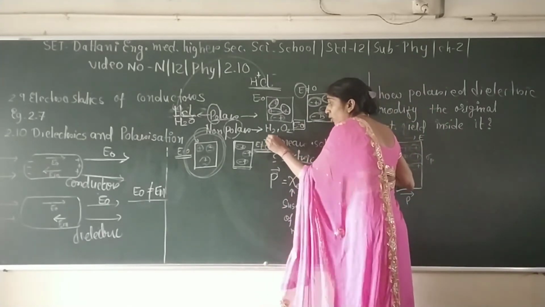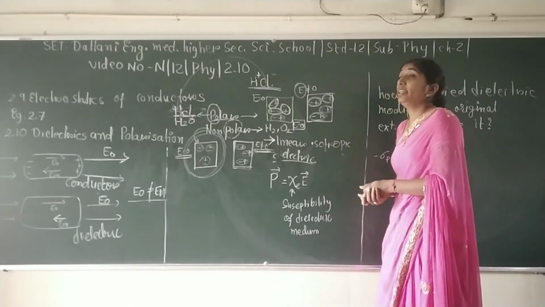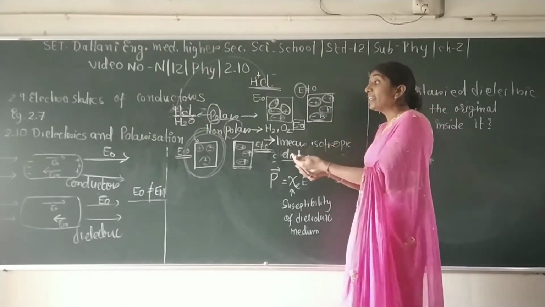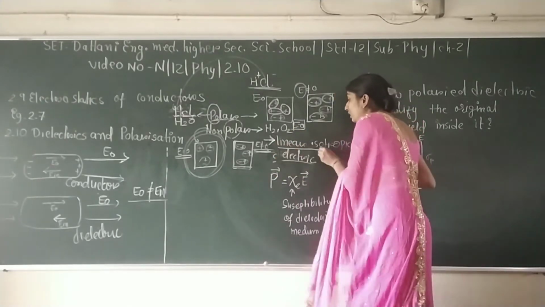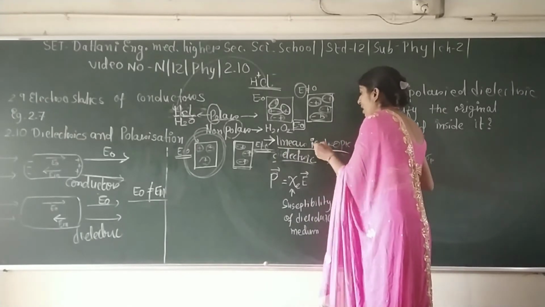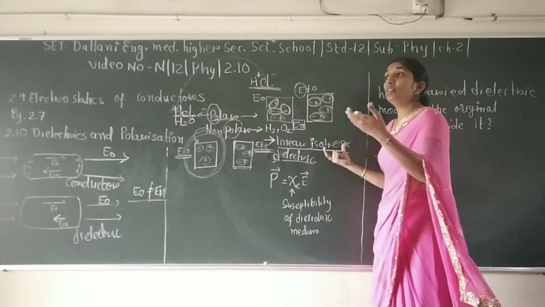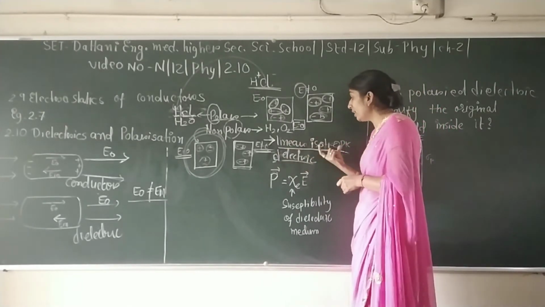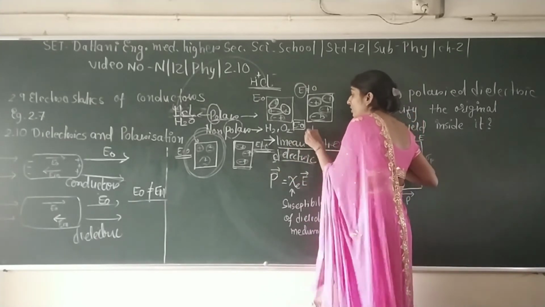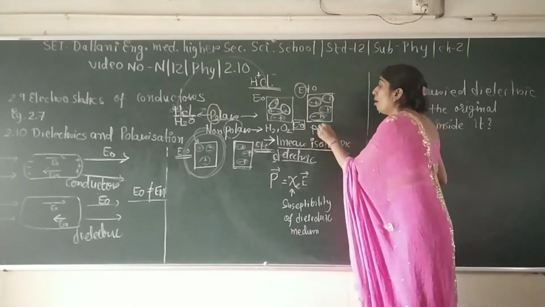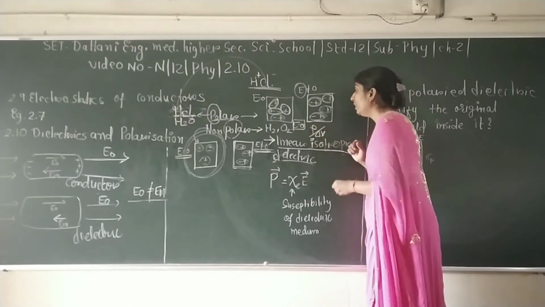If the induced electric field inside this dielectric is directly proportional to the external electric field, then these kinds of dielectrics are called linear isotropic dielectrics. Isotropic means it is the same in all directions. The permanent dipole moment per unit volume is called polarization. So if this is generated and it is proportional